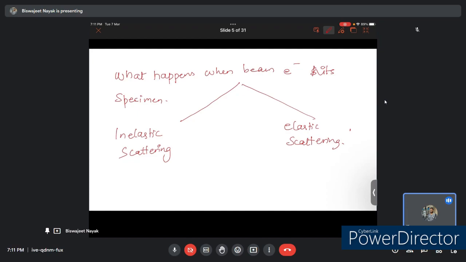We also get other things like plasmons, which are nothing but waves in free electron gas, or we may get heating of the specimen, which we generally signify as phonons. And when the energy is lost in this inelastic scattering, the beam electron only deviates very slightly from the path,